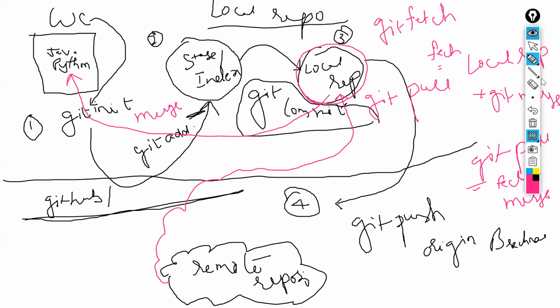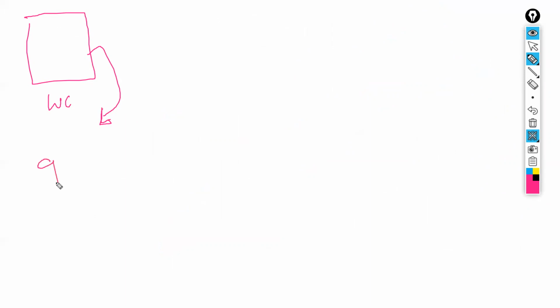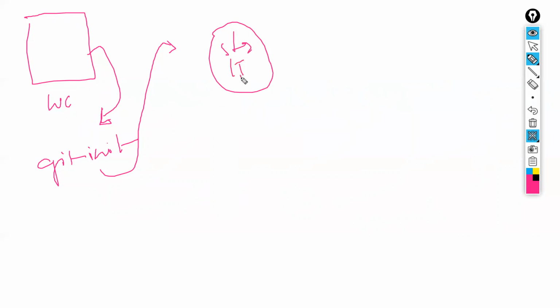This is all about the Git workflow. So let's recap this. The first step is working copy. We have a working copy. So this is a general folder. So to make this a Git repository, we use a command called git init. So now after this, the second step is we need to store it in a staged area or index area. Stage or index. So to store it in staged or index area, we'll use a command called git add followed by the file name, or dot if we want to store all the code present in the working directory.